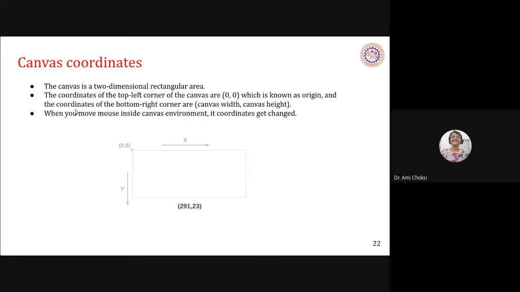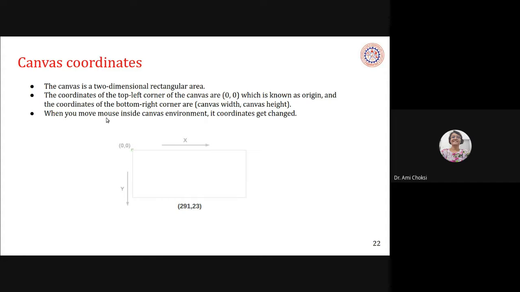And the coordinates of the bottom right corner are canvas width and canvas height, right? So here, if we have 300 by 150, then we'll have 299 and 149, right?